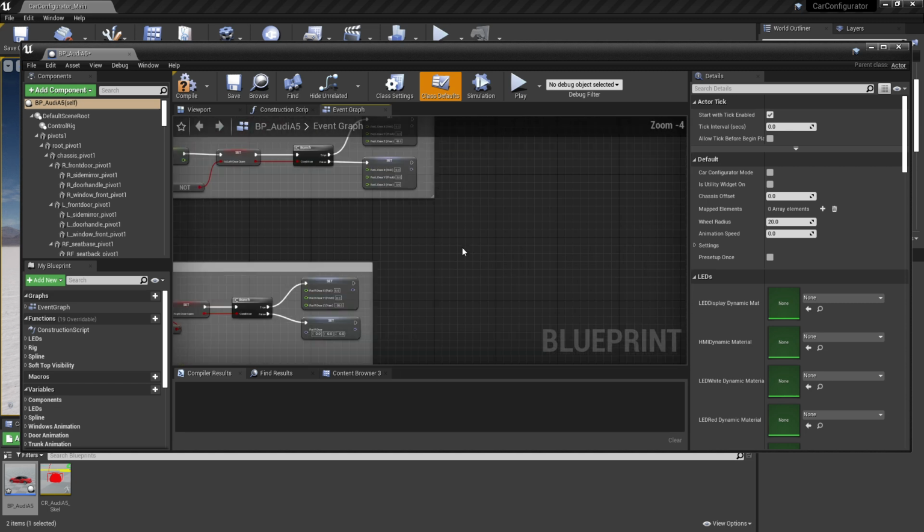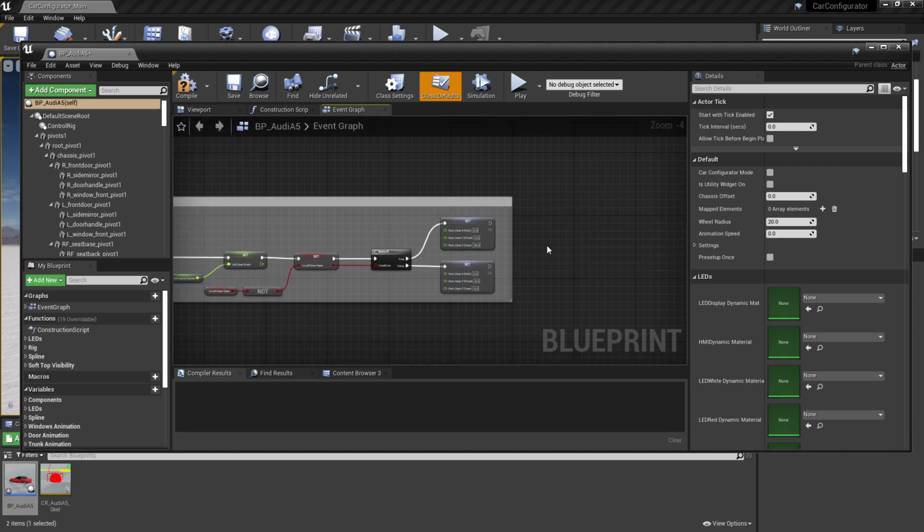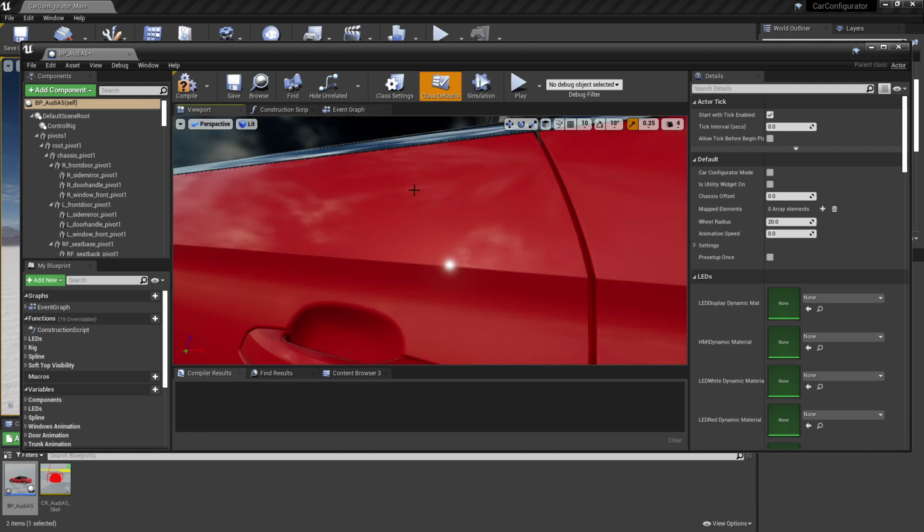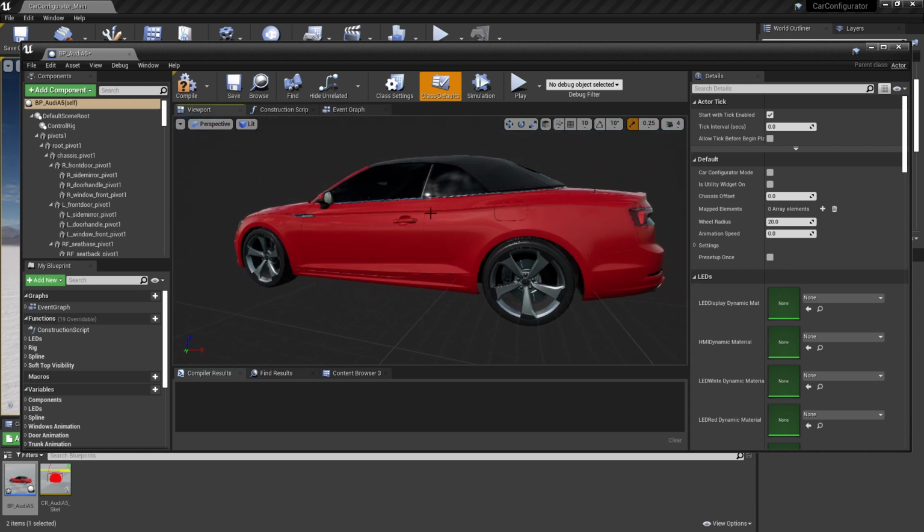So ultimately what happens is this animation information drives the control rig, which in turn moves a skeleton that carries these static meshes. That relationship between the static meshes and that moving skeleton is also handled and set up inside of the Audi A5 blueprint. So if we jump over to the viewport, you can see that obviously the Audi lives inside of here. There's all the static meshes. And if we look in the components on the left-hand side here, you can see that there are a bunch of fixed points for all the different hard animated areas of the vehicle.